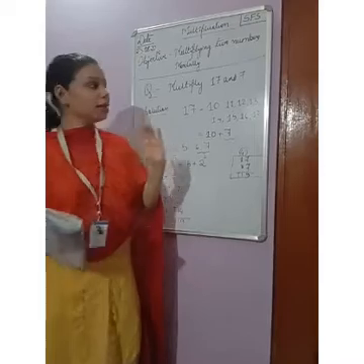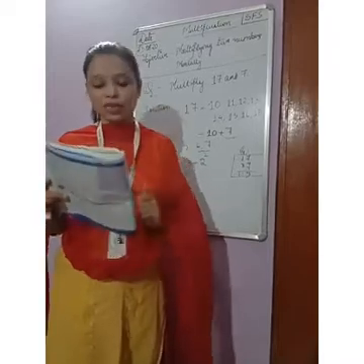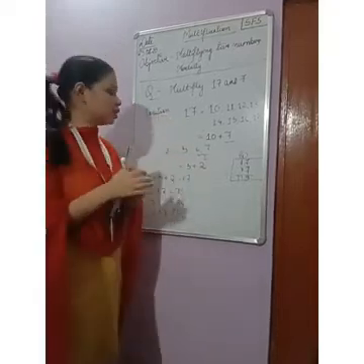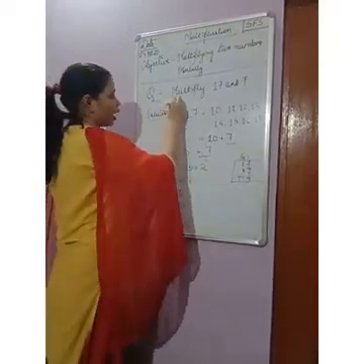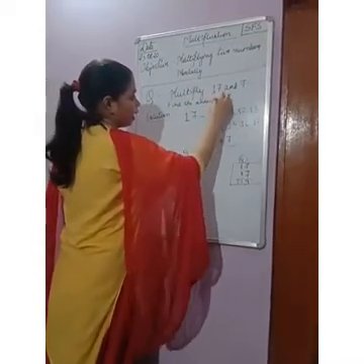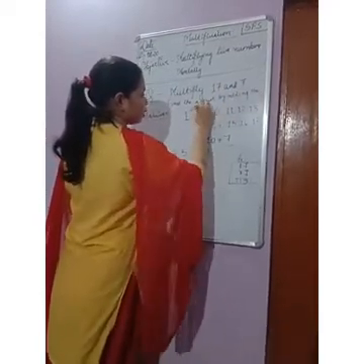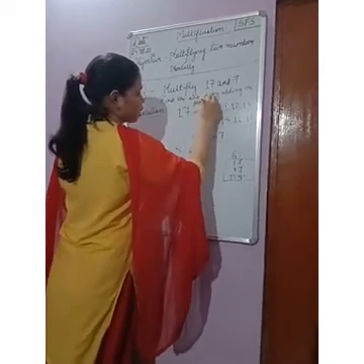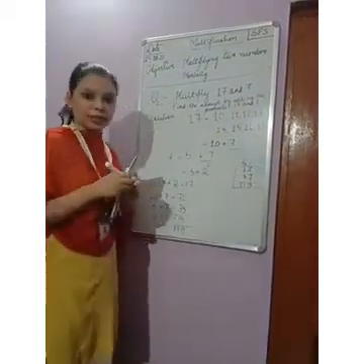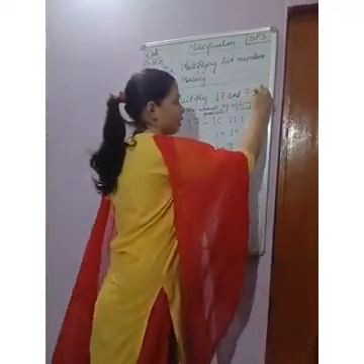Now remember one thing children, they will not ask you to multiply 17 and 7 mentally. The proper question is: find the answer by adding the products. Okay? The question will be find the answer by adding the products, 70 and 7. This is the question. Sometimes the question might also come like that, then multiply 17 and 7 mentally. Alright? Mentally.